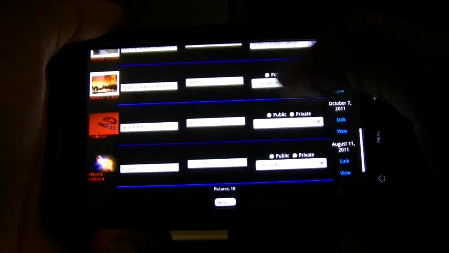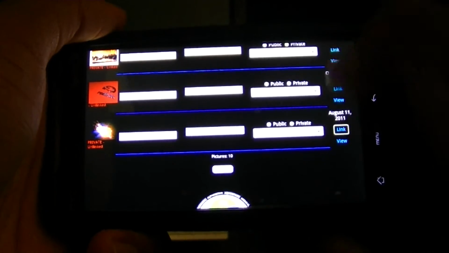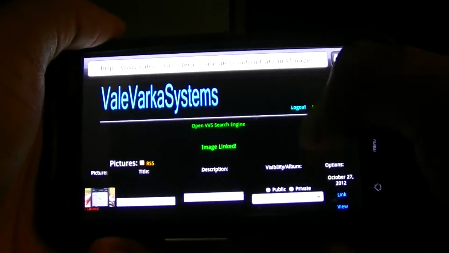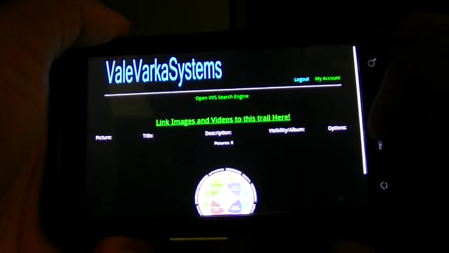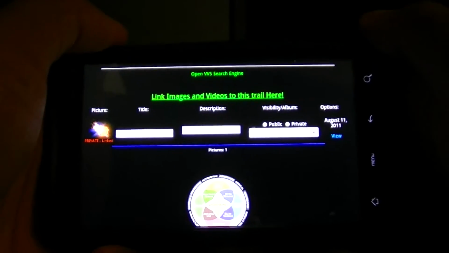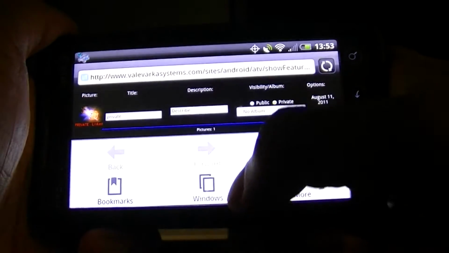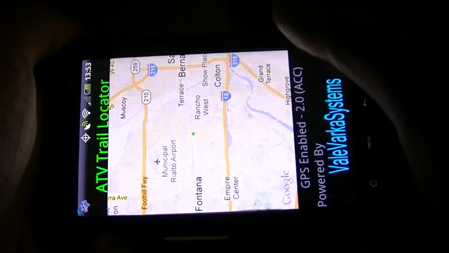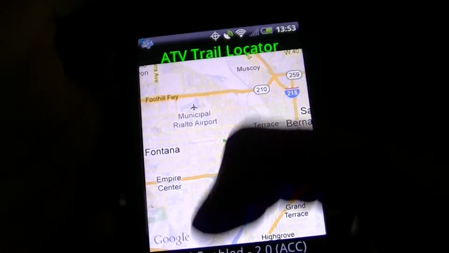You select the image you want to link to that trail. Now, let's go ahead and link this solar image. Image is now linked. So you go back to that trail, refresh the page, and now you can see that image is linked for that trail. So you do not have to be in the area in order to link the trail. And also it allows you to view information for any location you want in the world just by